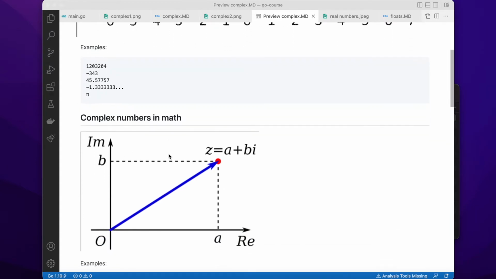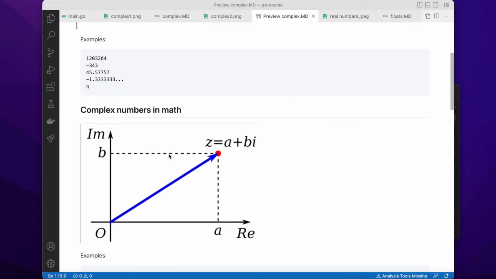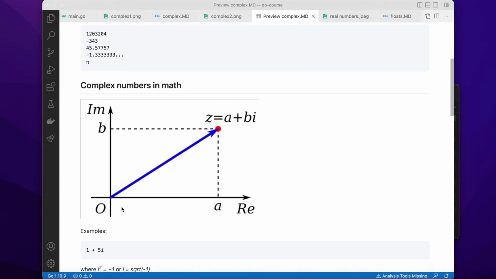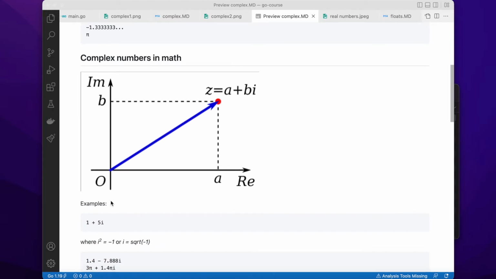Now we're coming to the next step, complex numbers. Complex numbers actually extend real numbers in math. Previously we talked about this real numbers axis. Now imagine we have one more axis which goes upwards. We'll call this axis the imaginary axis. The positive values for this imaginary axis will go up from 0 and the negative values will go down from 0. And any complex number consists of two components, which is real, like any real